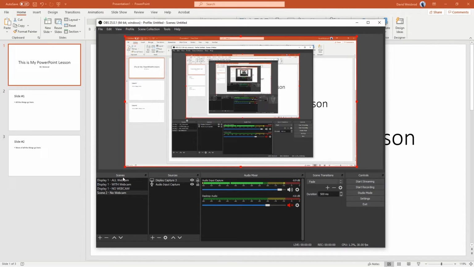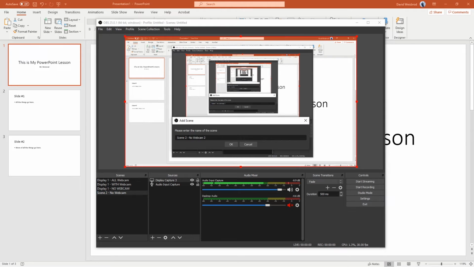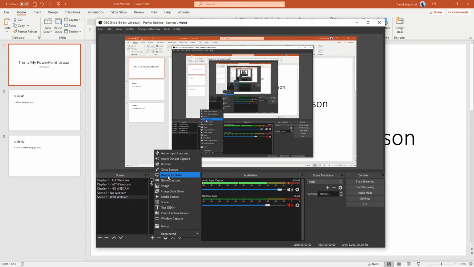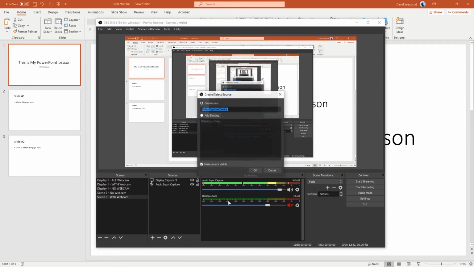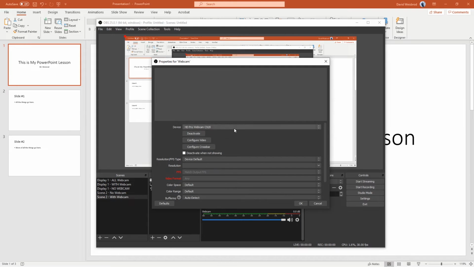And now what you can do is you can swap back and forth, you can add sources, you can do all sorts of things. So for instance, let's say I wanted to add a webcam. So I'm going to take this scene, say no webcam, I can right click and I can duplicate it. So now I'll have it and I'll say with webcam. Okay, so now I've got a scene that has with webcam, and now I'll add my webcam. So I'm going to go add video capture device, and I'll call it webcam, click OK,